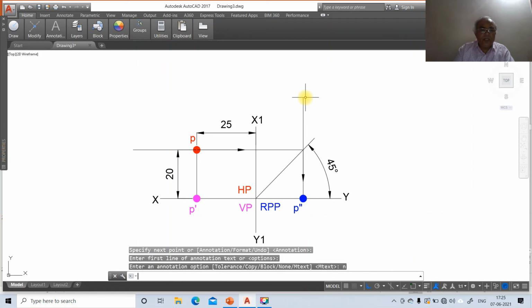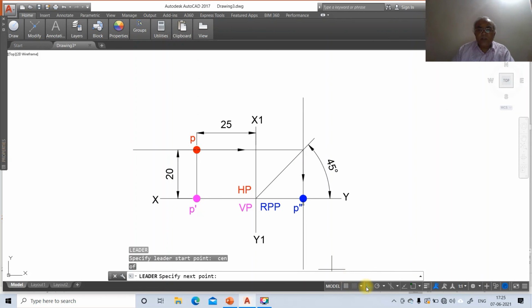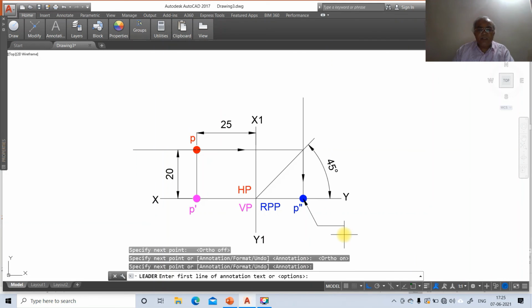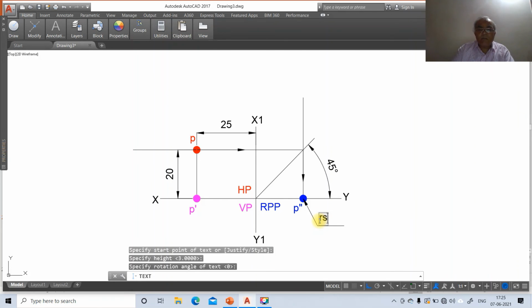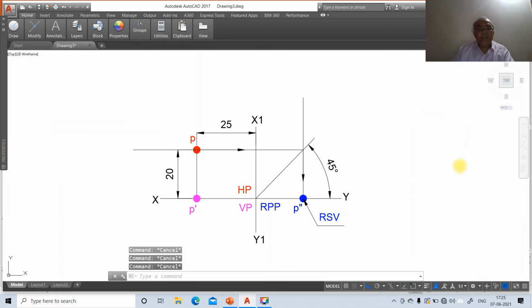Then go to leader, center of this, select ortho off, take some point and switch on the ortho mode, and annotation option none. Go to dtext, and type RSV, right side view, then go to ch, go to layer, make this as side view and escape.